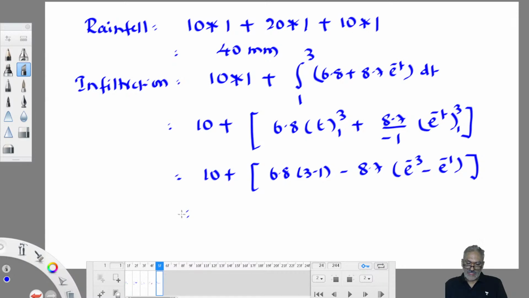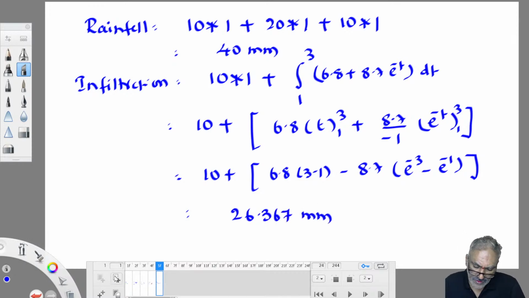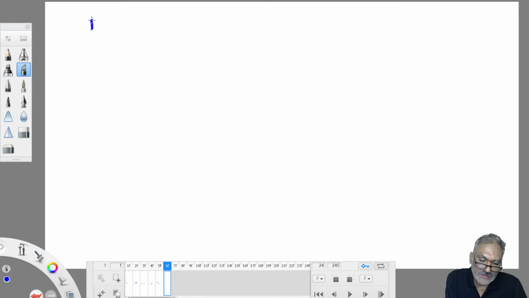So e power minus 3 minus e power minus 1, into 8.7, into minus 1, plus 6.8 into 2, plus 10. So it is 26.367. Therefore, effective rainfall in 3 hours, that means runoff in 3 hours, is equal to